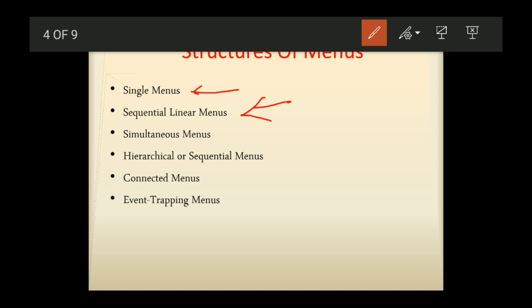The length of the path may be short or long, depending upon the nature of the information being collected. All the menus are important to the process at hand and must be answered in the same manner by the user, right?